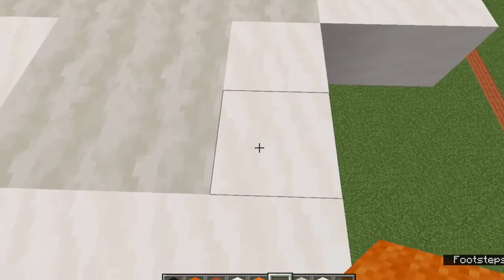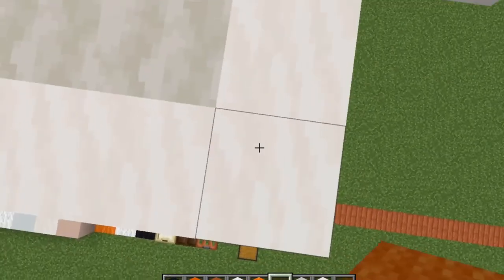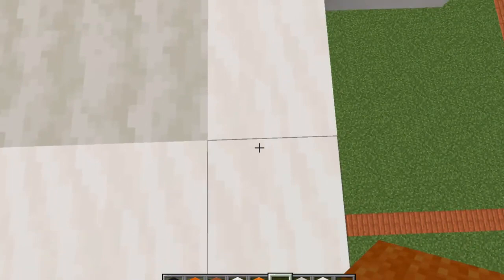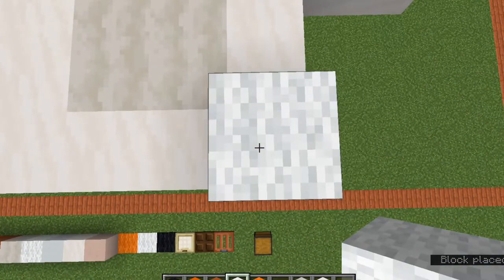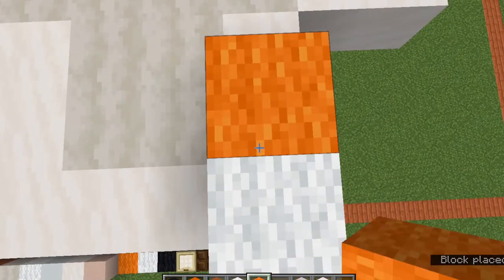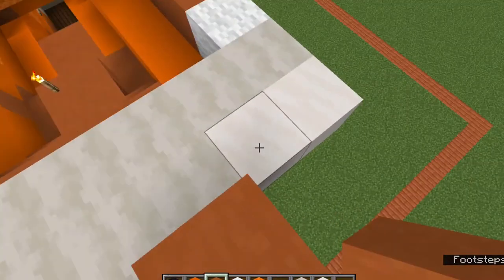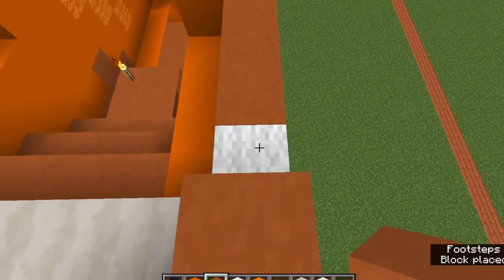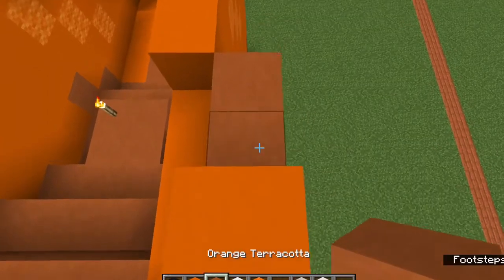Okay, so we are going to go ahead and start back in the furthest bottom right corner again for layer 10, and you're also going to want to grab your orange carpet. So with our white wool in this corner, we'll put some white wool there. We will do orange wool and orange terracotta. Then we're going to go on the diagonal and do 2 more pieces of orange terracotta, 2 more orange terracotta here, 1 orange concrete, 2 orange terracotta,